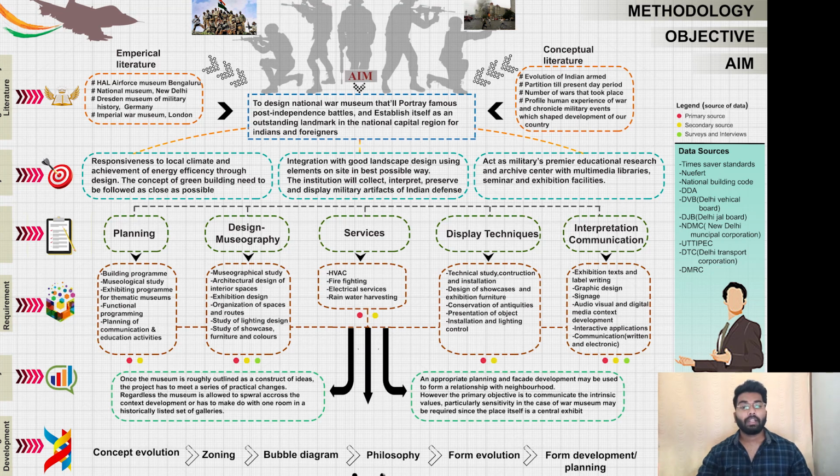Under the aim, I subjected the objectives. There are three objectives here in the sheet. Under the objectives, I have taken into consideration five parameters: planning, museography, services, display techniques, and interpretation and communication. Under these parameters, there are certain data requirements. Under planning, we have building program, museological study, exhibiting programs for thematic museums, functional programming, and planning of communication and